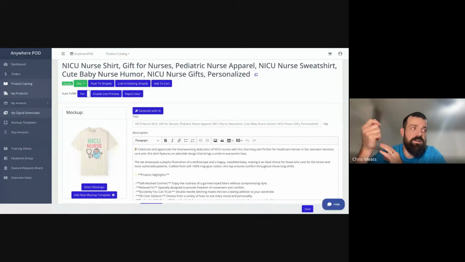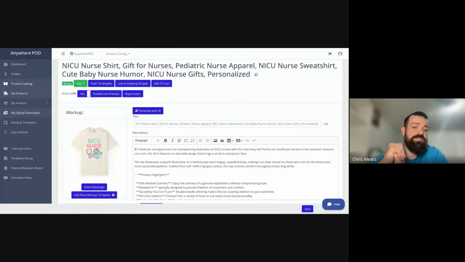If your variants are different products, like in this case, I've got a t-shirt, and if I also had a sweatshirt and a hoodie, but I have the same design, then when I do the rapid lister, it is going to apply that same design on every product. So I don't have to go in and make any additional edits. If my variants are different artwork, like I've got NICU nurse listed here, maybe if I had one that was more masculine colors,